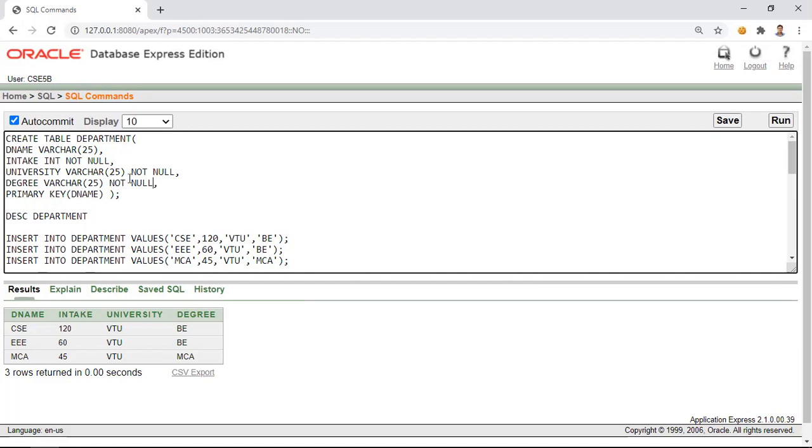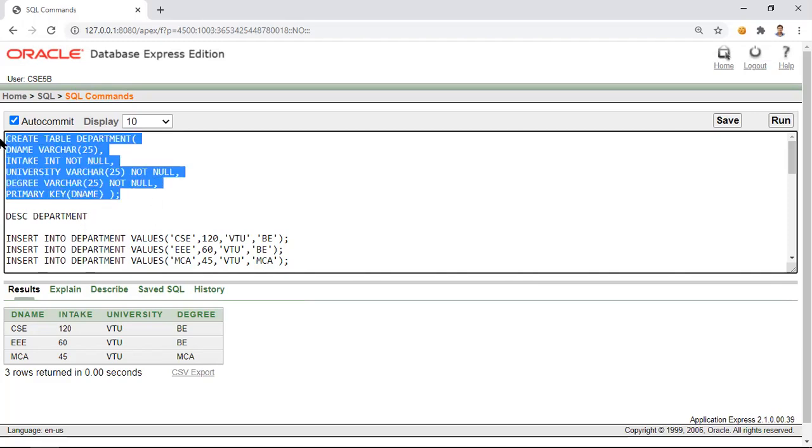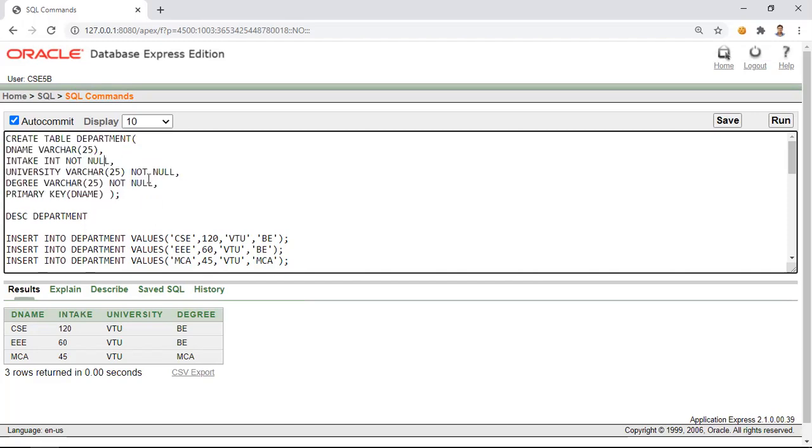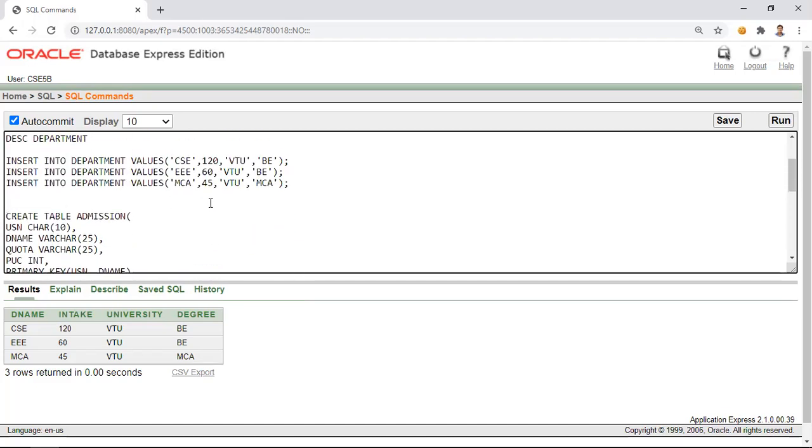Right? So in order to create this table once again, I need to delete the admission table, then delete the department table, and then again create the department table. Before that, let us quickly look whether the current department table takes the null values.